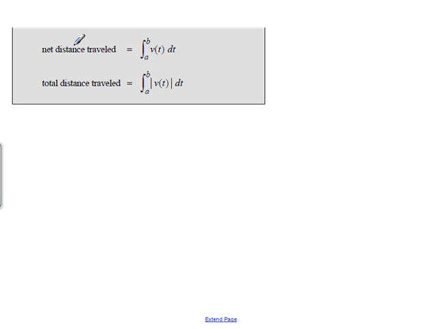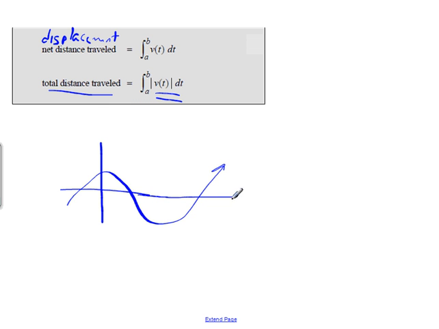First, though, net distance, which is equivalent to what we've been calling displacement, is the integral of the velocity versus total distance traveled, which is the absolute value. And just as a reminder, if this is our velocity vector, and so here's my velocity, and I want to integrate from A to B, the key thing, if I'm trying to find the total distance,